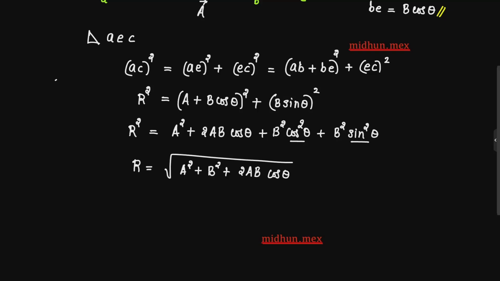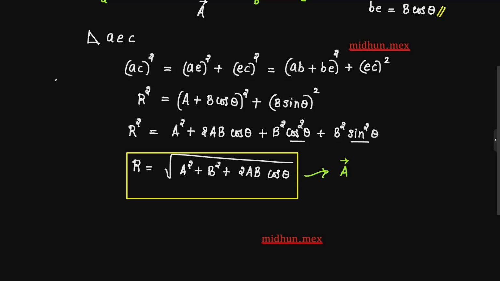Okay, so that is the final answer, and this is the most important equation we are studying throughout physics. Also in engineering it is very important. I want you to remember it carefully. R is equal to, which means whenever you need to add two vectors, this is your method: root of a square plus b square plus 2ab cos theta. Remember, whatever answer you are getting from here, that is the numerical value of a plus b.